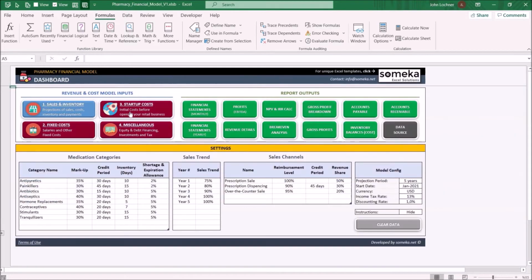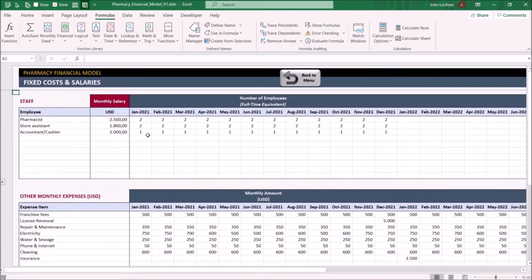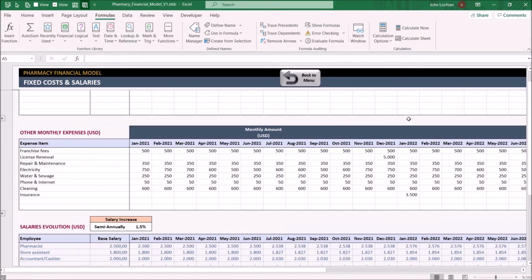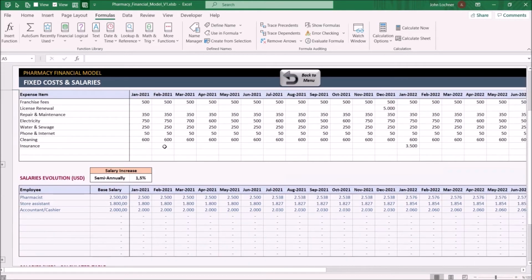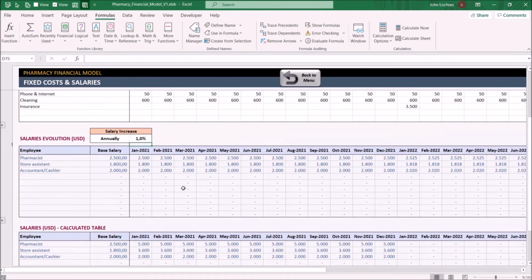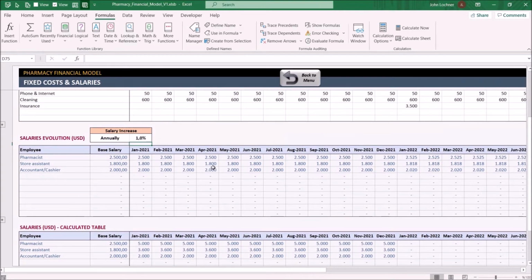On the fixed costs, list your staff by title or name, their salary, and number of employees for each month. On this table, list your other fixed monthly expenses per month. You may dynamically set the salary evolution from these cells. All you have to do is choose the frequency and determine the rate. While this table shows the salary cost of each title, the table under it shows the total salaries to be